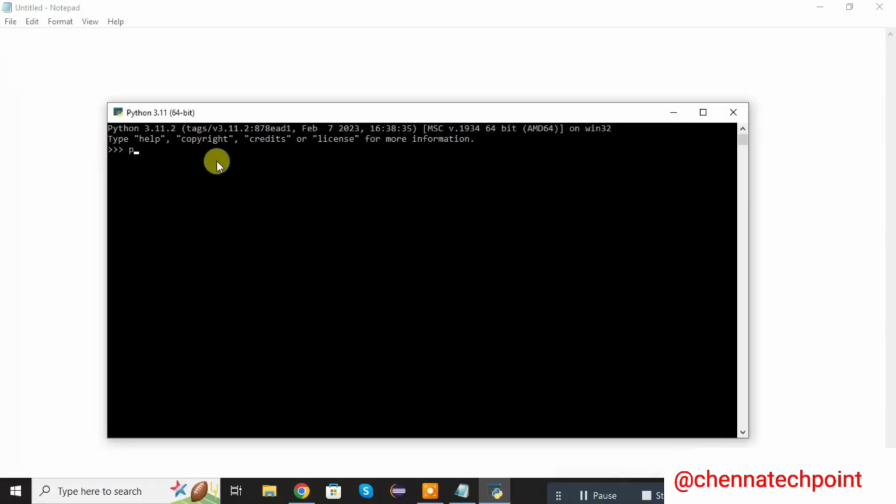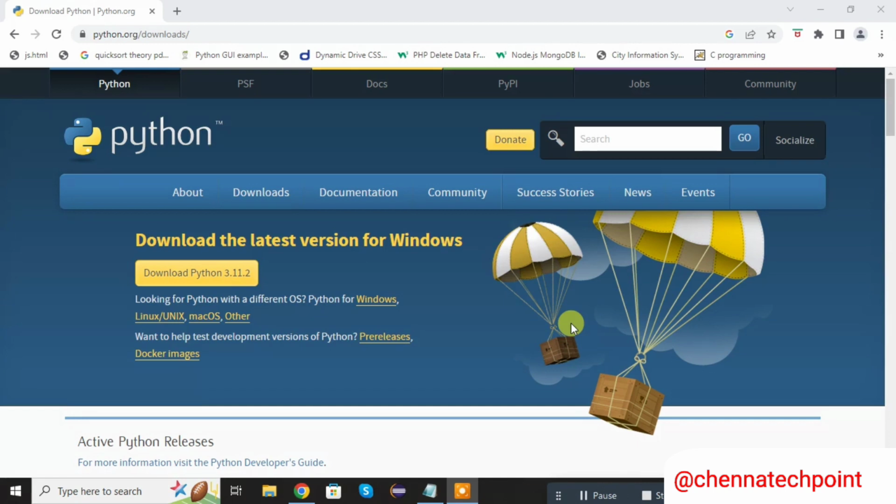Open Python CMD. Here also we can print one value. Hello Python. Print the Hello Python. In this way we can download the Python latest version from the